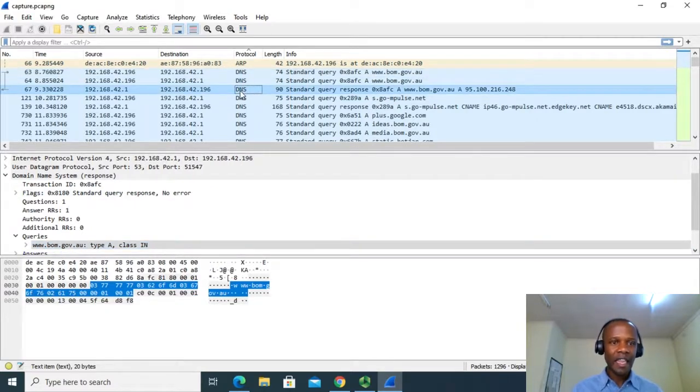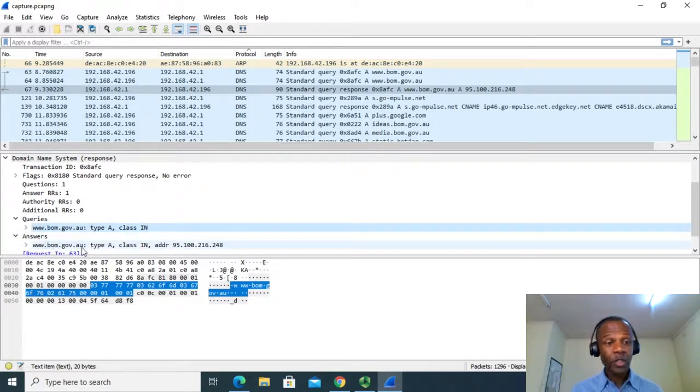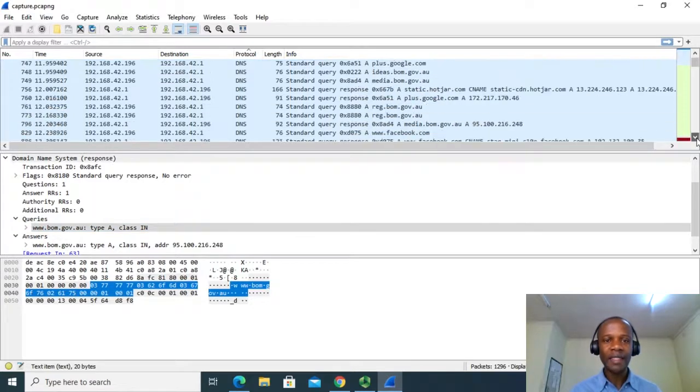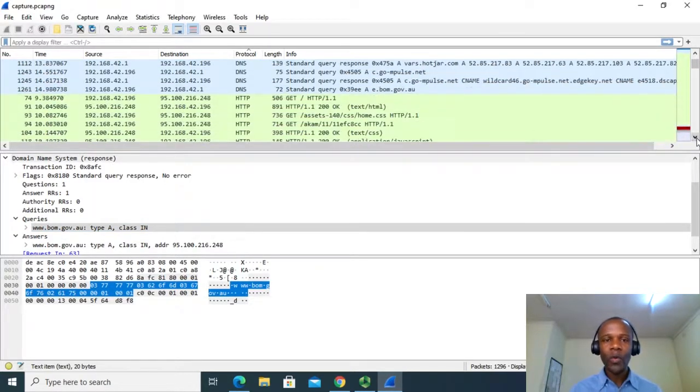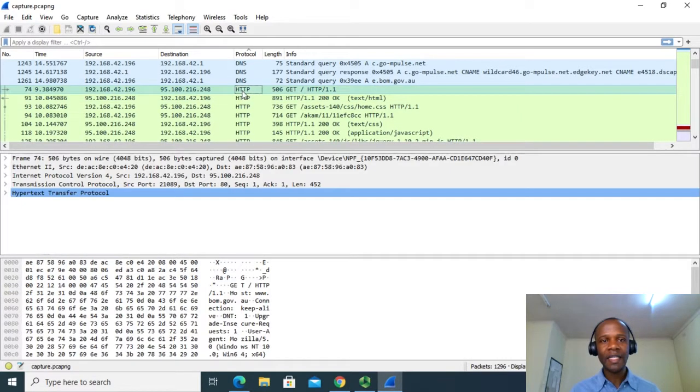This is the DNS response, and the response will be this answer here, which has converted the address we typed in on the browser to this new IP address, that is 95.100.216.248. And I'm also going to look at the Hypertext Transfer Protocol, which is responsible for allowing communication, or which